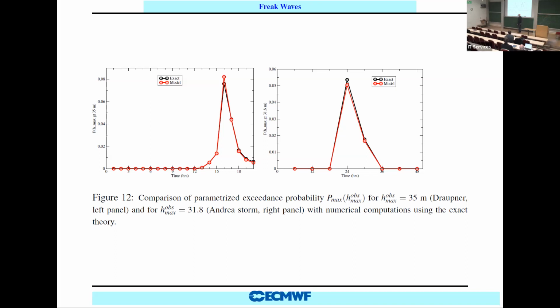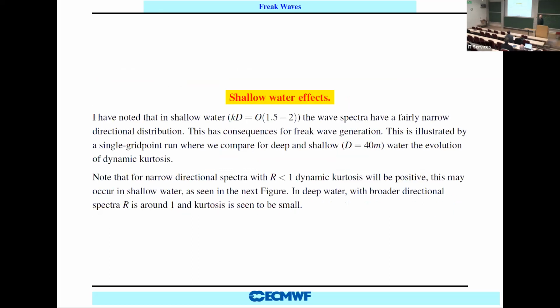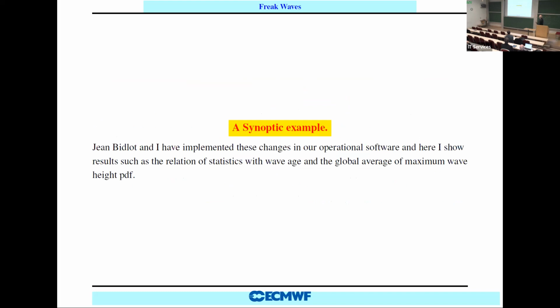Then I show here the comparison between the exact calculation and my parameterization for the exceedance probability. And as you can see, that matches pretty well. There's hardly any difference. This I skip. Very interesting, but